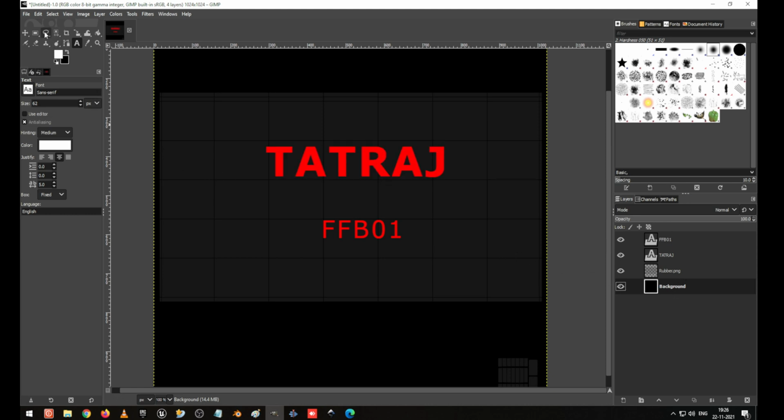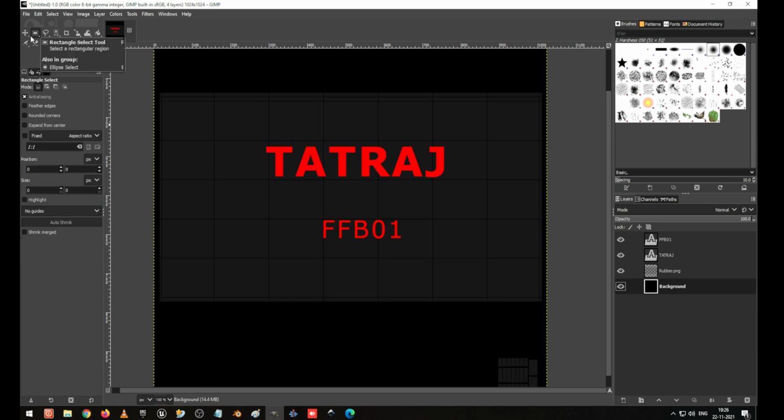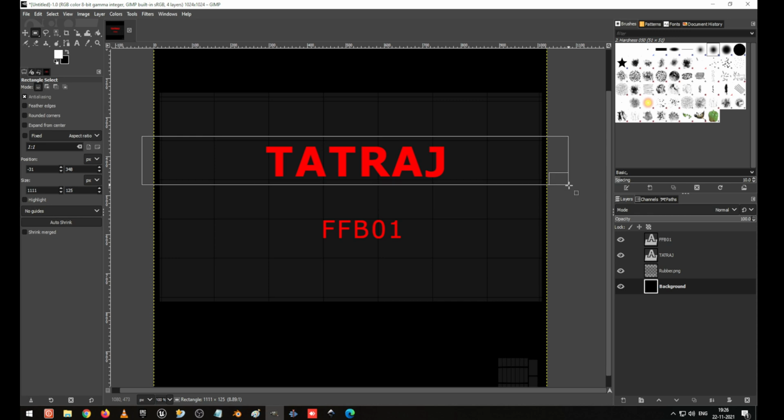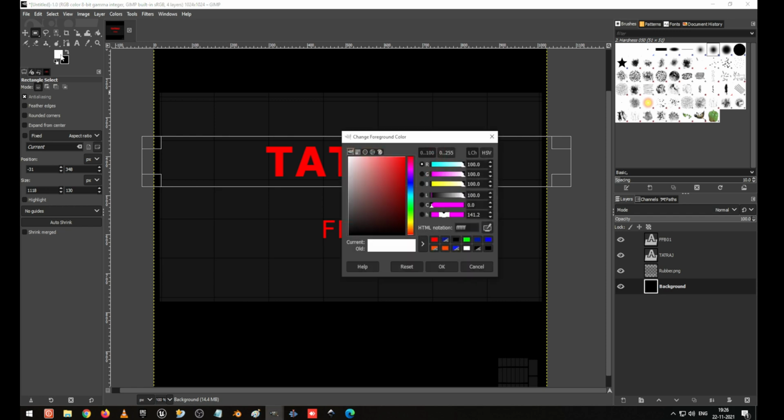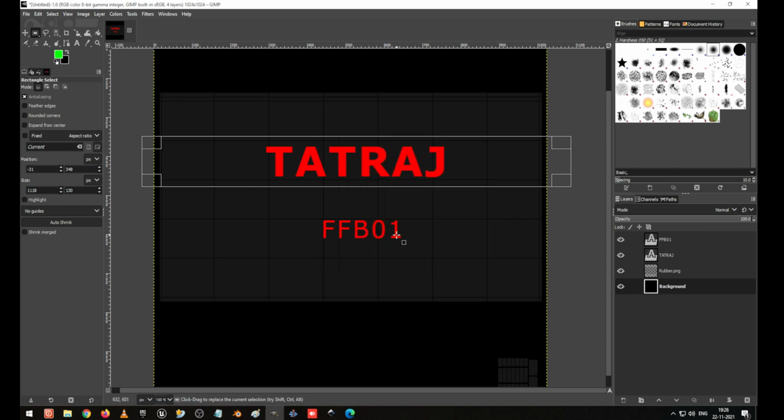So I want to create one box here. I go to the box and I create one box here like this, and I am going to give this color as 00FF00, which is green. So this code only should be used for matching the color. Okay, I'm going to paint.